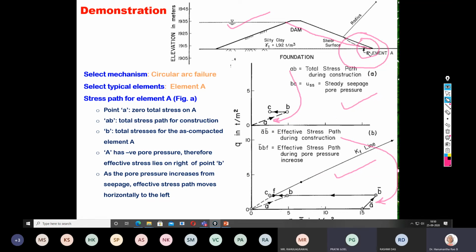Sir, this seepage is also due to the negative pore water pressure that is developed. Not due to negative pore water pressure, it is due to suction or the capillary action, to equalize the negative pore water pressure. Correct. Negative pore pressure is a condition. But there should be some kind of an affinity within the soil particle by which it attracts the water. That is called suction.